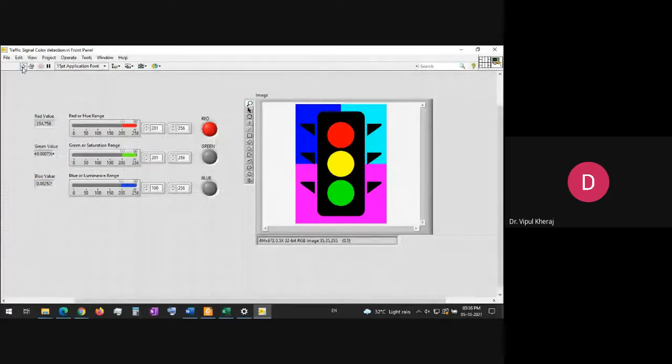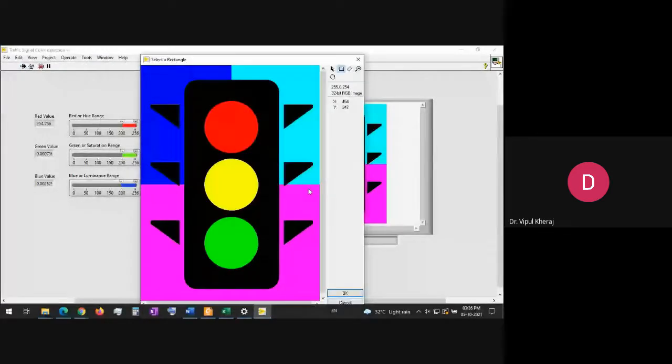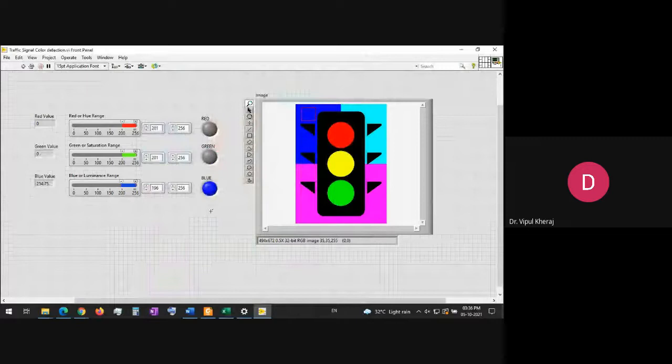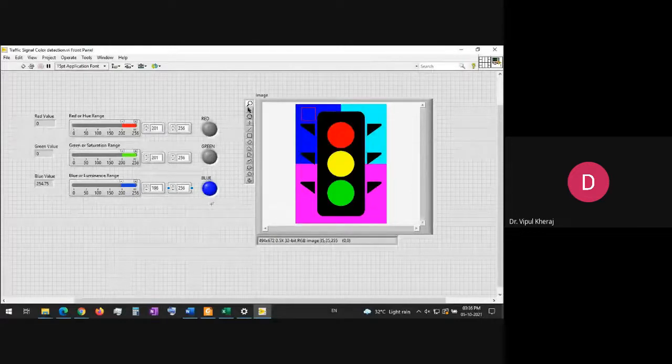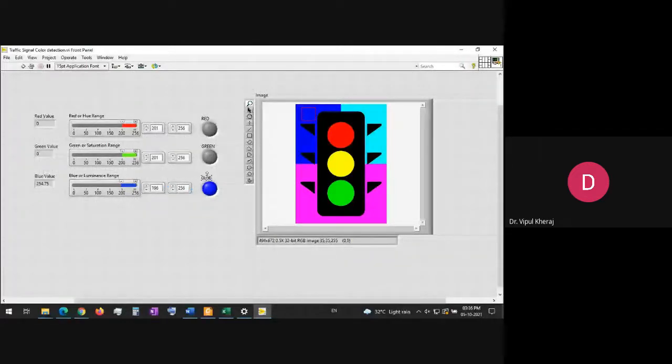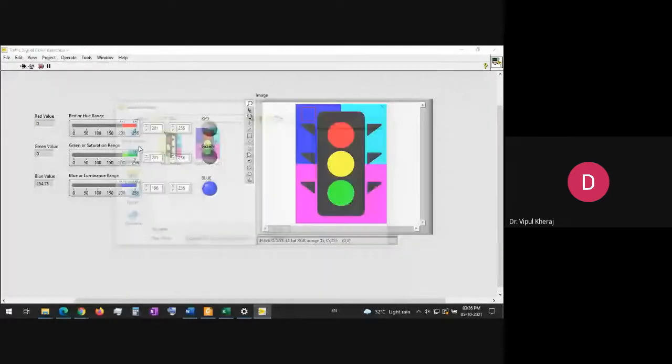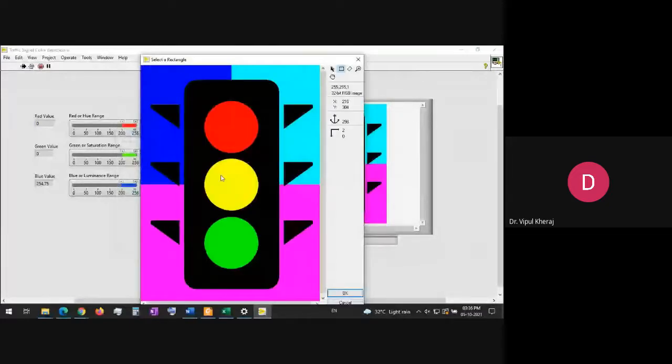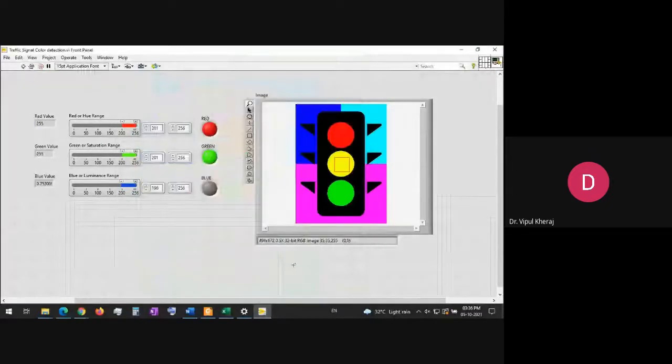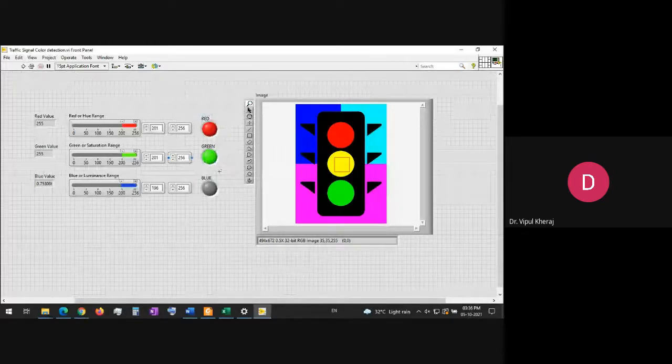Yeah. Now suppose we pick some area of this image, again pick it, and blue. Pick the blue part. Yeah. So now you see the blue. Because we selected blue, we can segregate the image part into R, G, and B, and find out how much is the R, how much is G, and how much is B in that selected part of the image. Suppose if we select yellow, yellow will have both, I think, red and green, and some part of blue. Okay. So this is how it tells us what pixels are present.